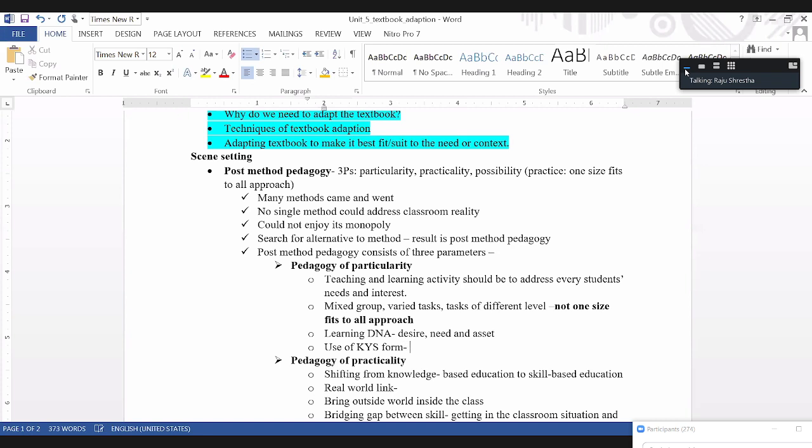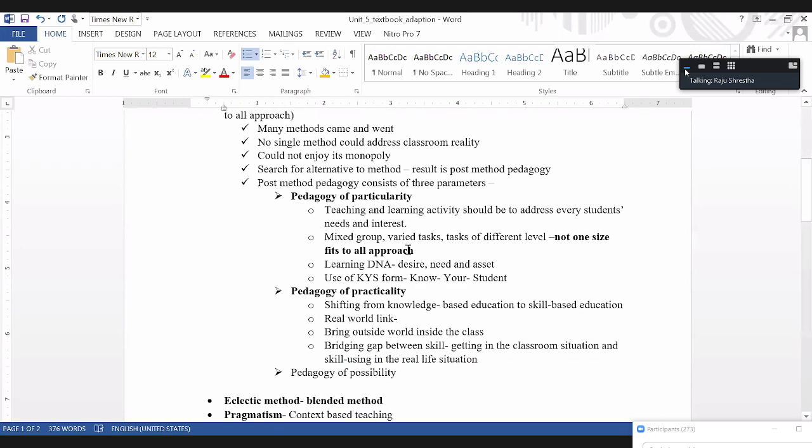And use of KYS form means, like in banking system, financial institutions, what they do is they use a KYC form. KYC means know your customer. In the same way, in education, in teaching and learning in the classroom, why don't we use KYS form? KYS means, K means know, Y means your, S means students. Know your students. Why don't we use this kind of form in English language class to make it very live and fresh,